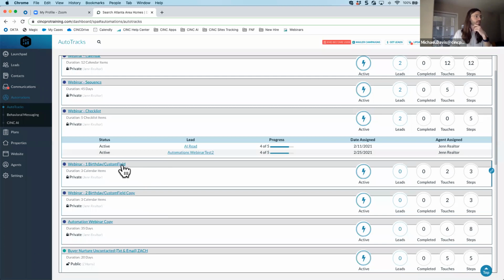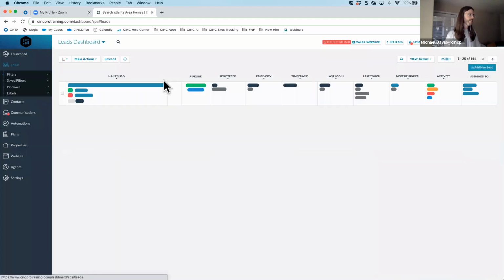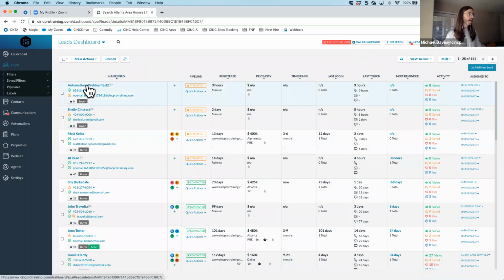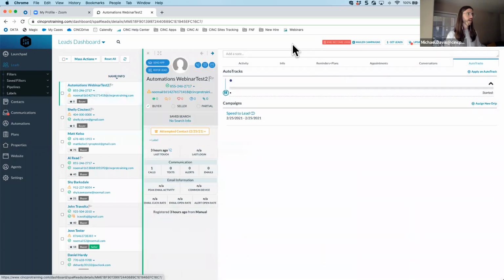So the first thing we want to do is, because these are going to trigger off of the use of a custom field, we want to make sure that you know how to get those added. This is something that your broker site owner level users are going to add to a site. And that custom field is basically tracking anything that CINC doesn't have a field for. So if I navigate back to our leads page and I click on a lead profile and navigate to that info tab,